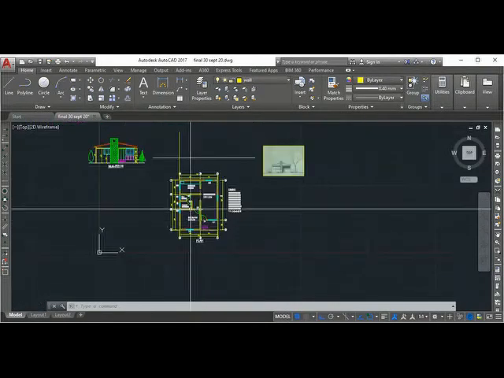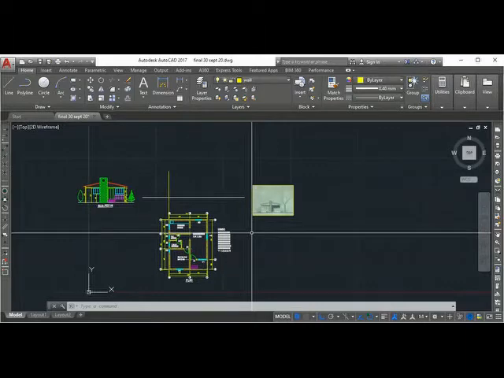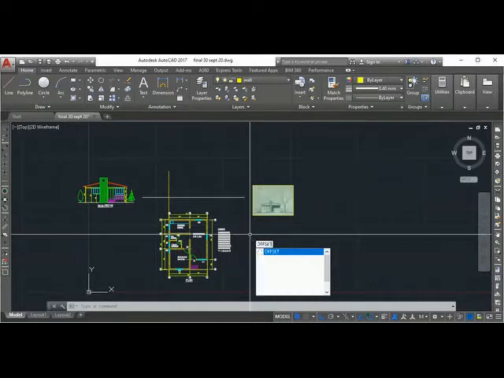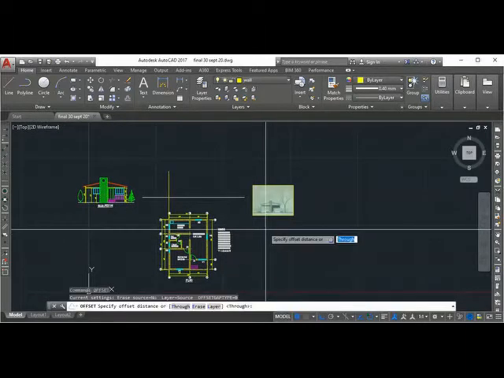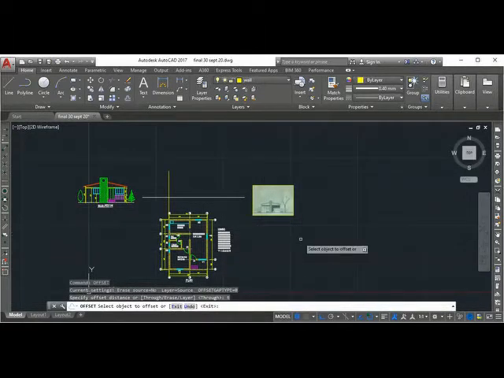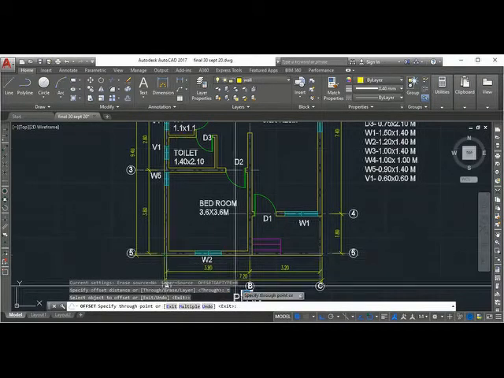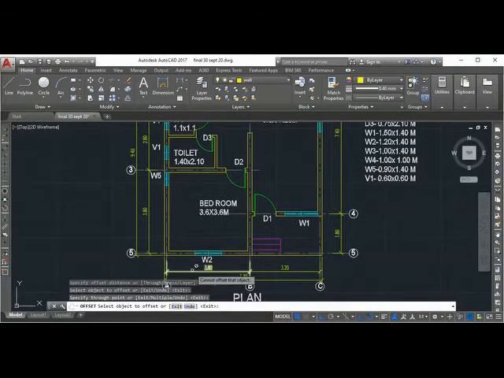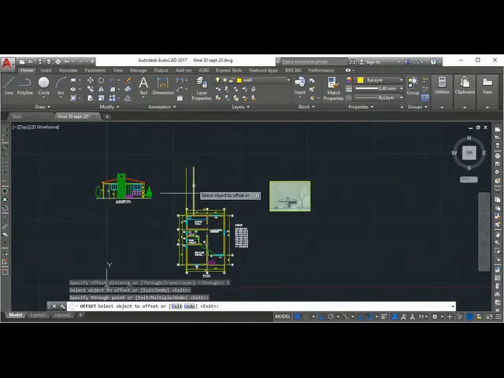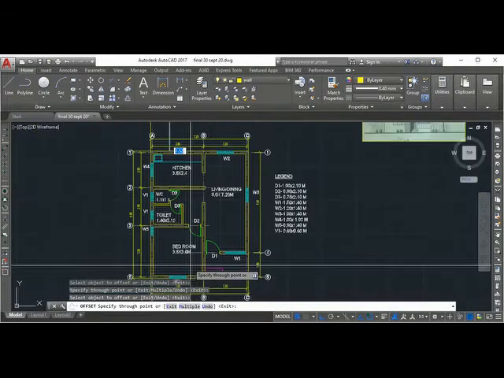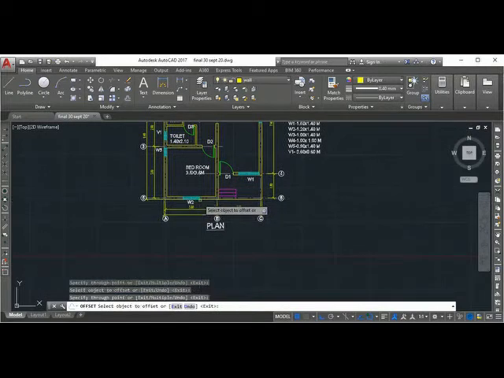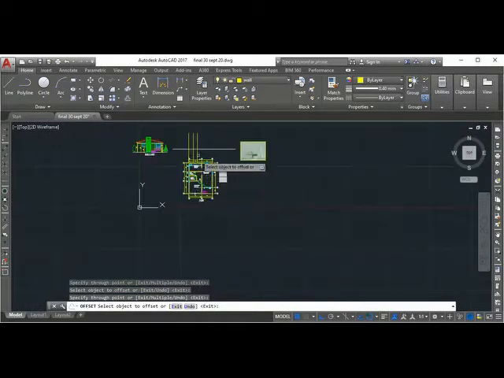Okay, so I can use a command called offset through. You remember offset? Here we are going to use that offset through command, because I will not have the distance, instead I will show the location. So I will select this line and I will just click. You got this line there. You want a line here, click. So you got the line. Second, click here, click. So you got the line.